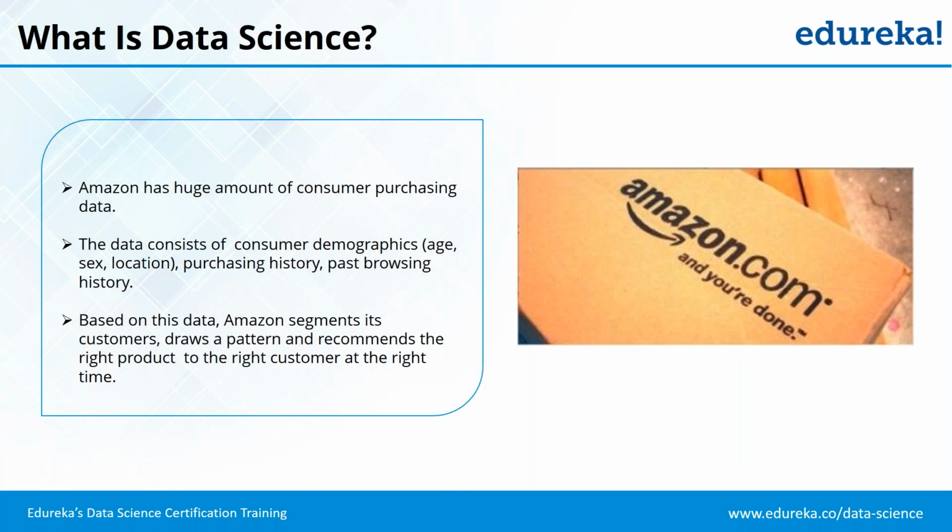In e-commerce, data science is being widely used. Amazon, for example, has a huge amount of consumer purchasing data. Amazon has trillions of rows of data related to anything and everything that you do on Amazon. There are customer profiles, there are purchasing capacities, there are histories of each and every customer. They have actually segmented the whole customer data into different buckets, and now they know that this is the bucket of customers who are more prone to buying ready-made clothes, and this bucket of customers is interested in reading more books, and we can offer some new books to this customer who is more likely to buy that. So there is a huge amount of data that Amazon.com processes.